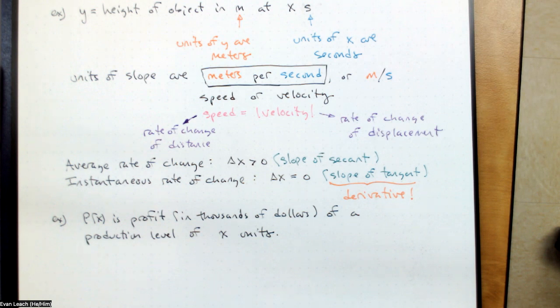If we look at the derivative, this will tell us the marginal profits. I don't know if that's a thing, doesn't matter. This will tell us the rate of change of our profits if we increase production. So the units of P prime of X